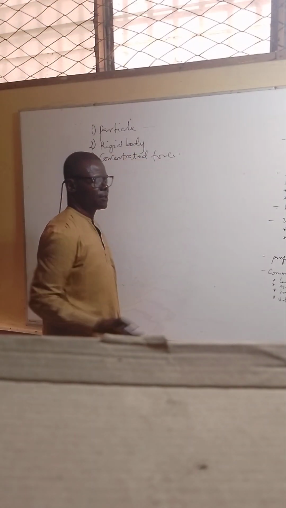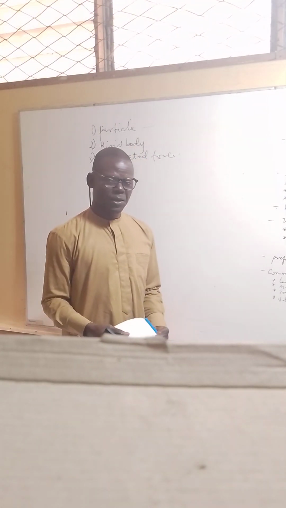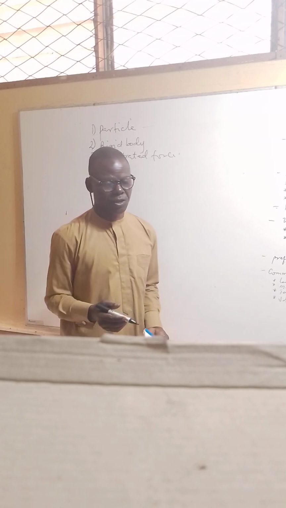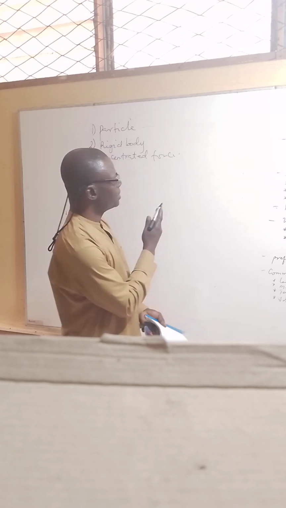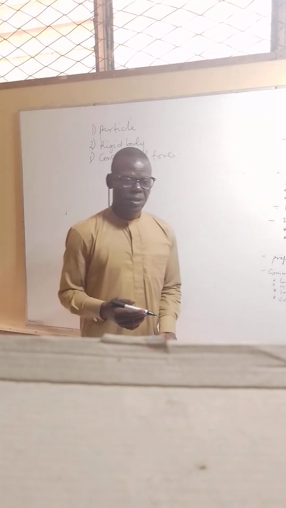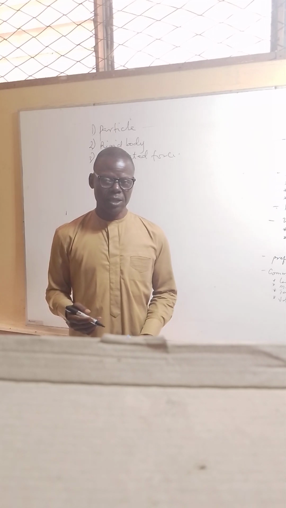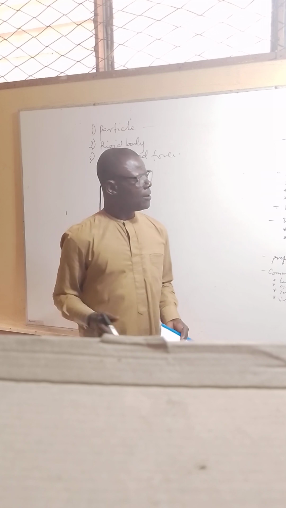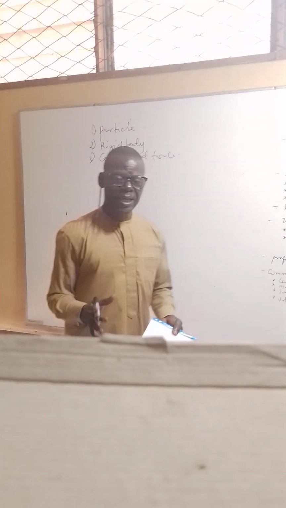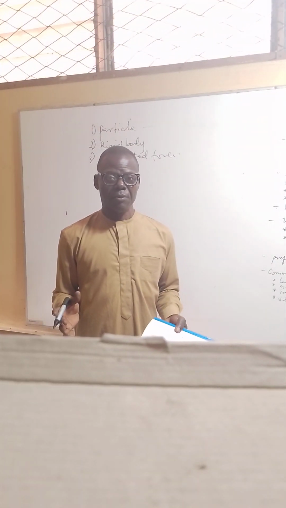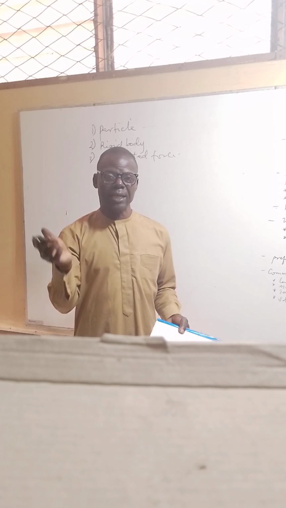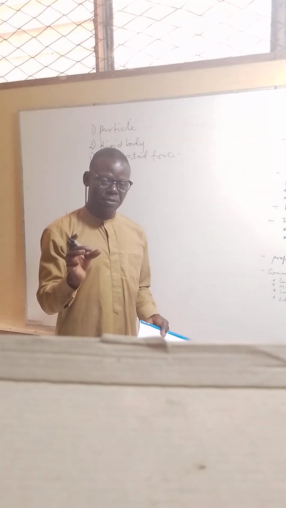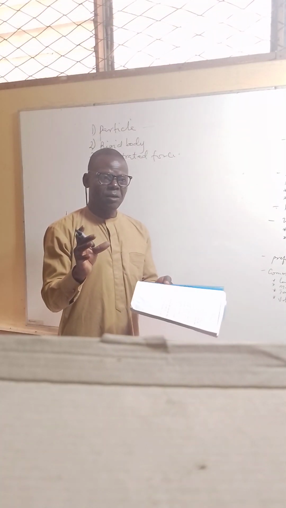The first is a particle. What is a particle? The simple idea that comes to your mind when they talk of a particle is a granule, but that is not a particle as we consider it in mechanics. I could be a particle, depending on the location I find myself. For instance, the Earth is modeled as a particle when you consider the orbit in which it rotates. A particle has mass, but its size tends to be negligible.